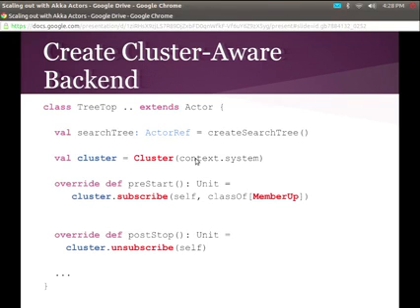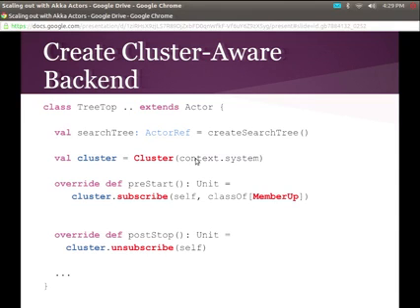Okay? So here, when I instantiate the search tree, I need to grab some cluster-aware code. All right? The way we do that in Akka is the cluster object can take in the actor system and return you the cluster associated with that actor system.